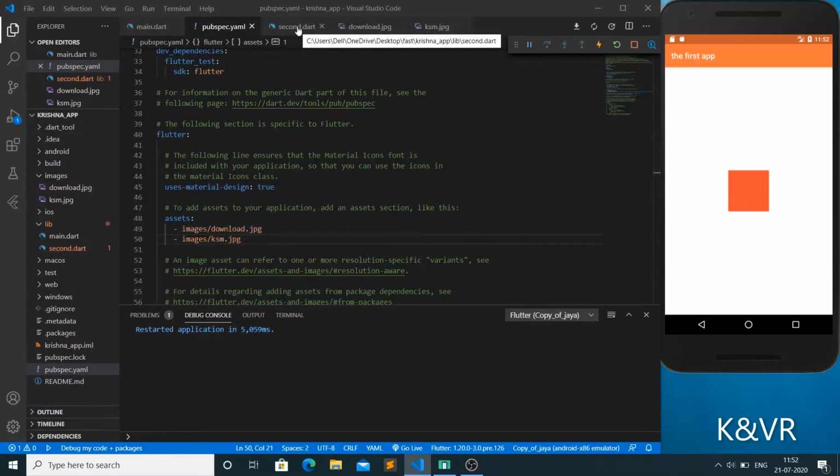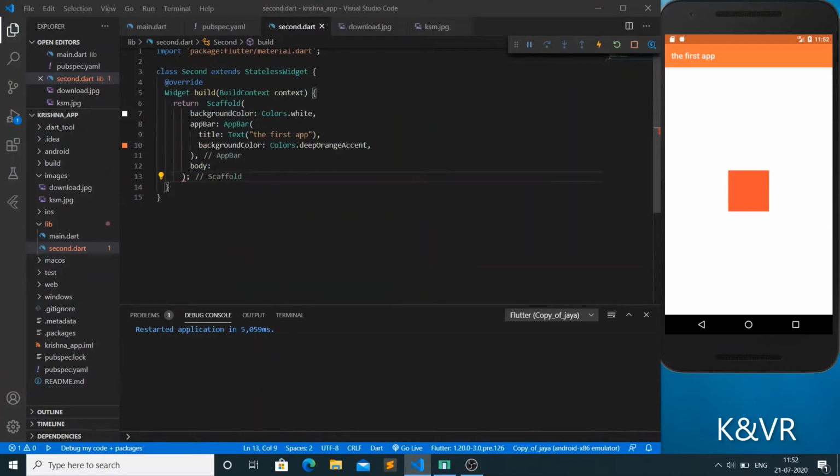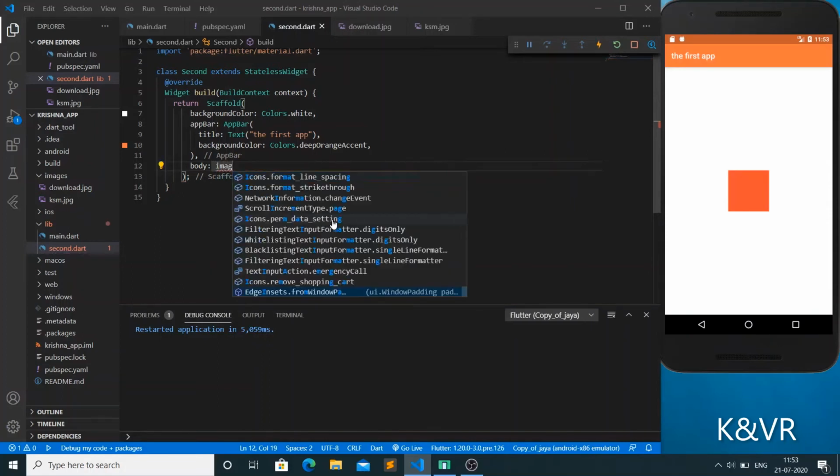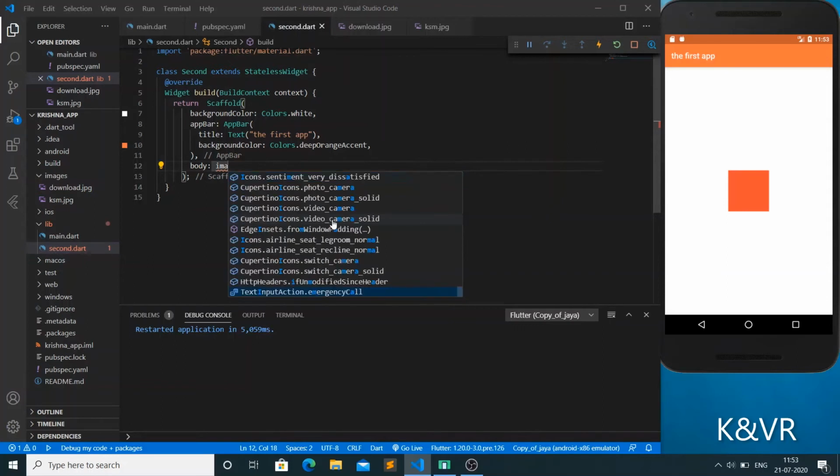That's it. We are now taking your images through your project folder, and now come to the body section. Now in the body section we are giving the images. Just come here and let's code. Your image should be placed in your app, and here Image dot asset.